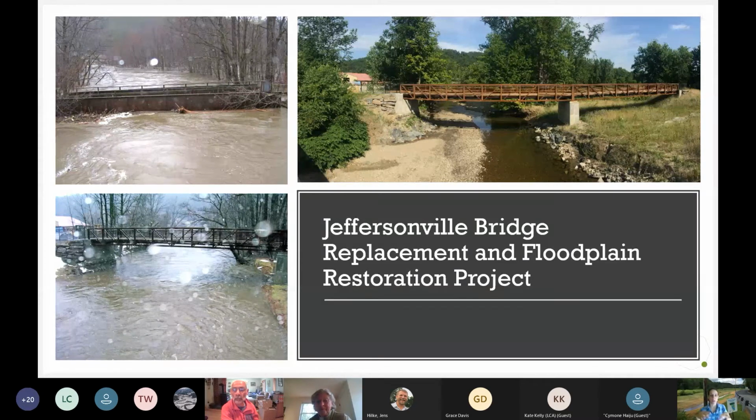So now a lot more water can move into that area, and then it can head left in that grassy area into a larger floodplain that used to be, it's still used as agricultural land, but now it has a river corridor easement, which means that they won't manage it to prevent that river from moving and flooding in that area. So now we have all this extra space, and they did a number of other improvements in the town to prevent the flooding. And then that lower left-hand corner picture is a picture where the water flow is really high again, but you can see there's a lot of space for that water to spread out.